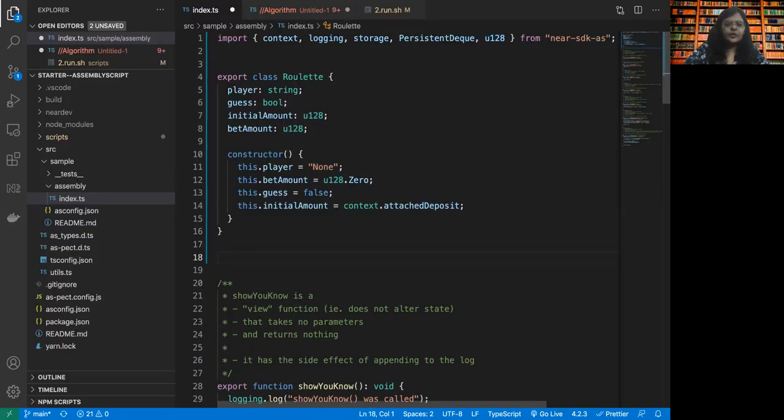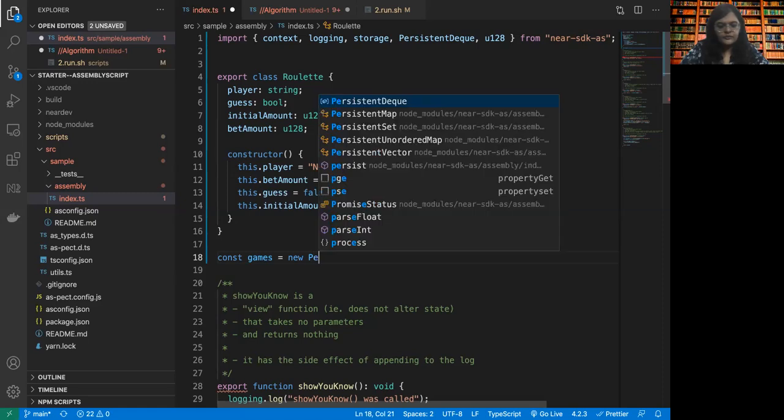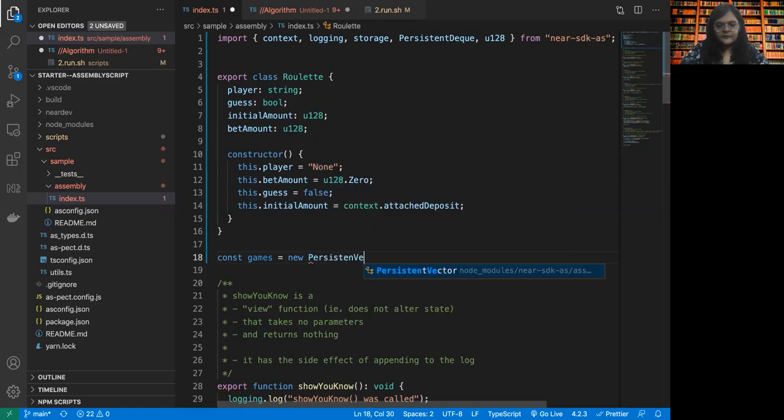Now I'm going to define a persistent vector, which will hold all the games. So I'm going to call it games, then new persistent vector of roulette.